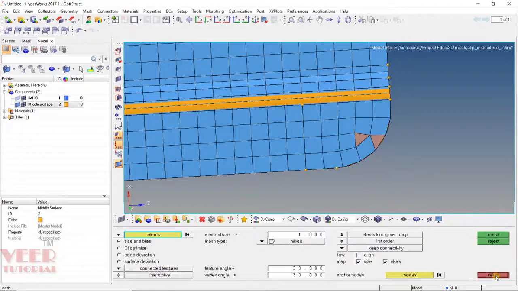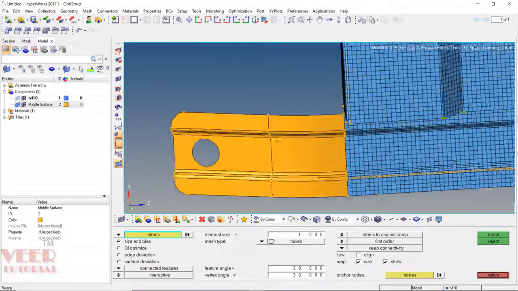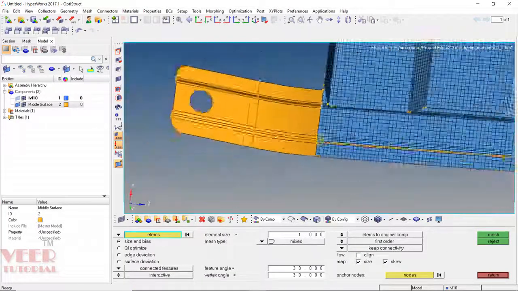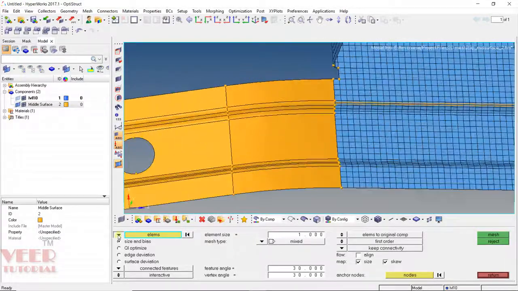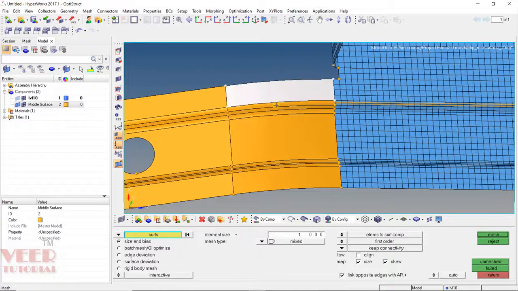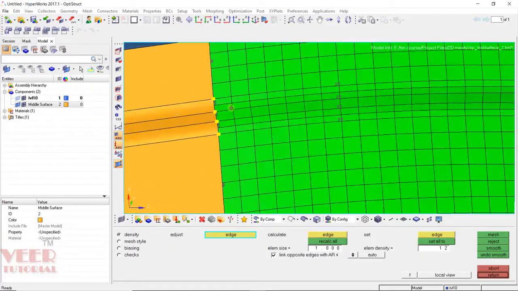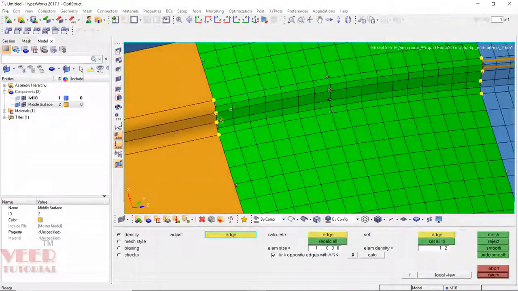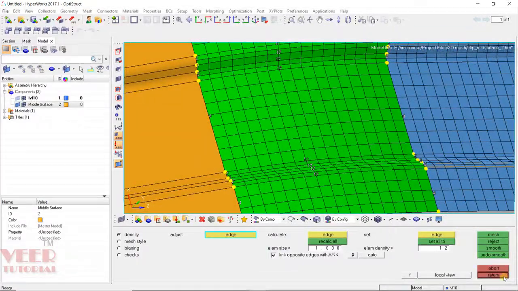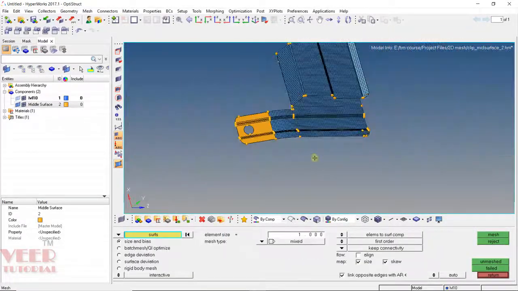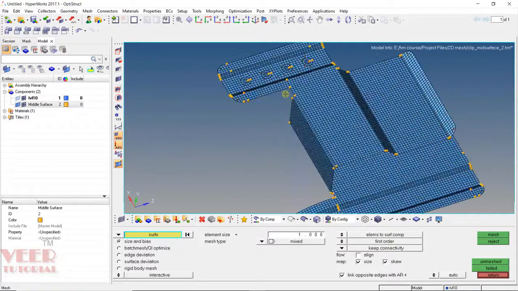and click on return. So again, here we can see once again we can select all the surfaces at a single time. Select the surface from here, select all the surfaces at a single time because we can see the length of the surface is the same. So do the mesh and then we have to make sure just the fillet number of elements are 2. Okay, and then return. So till now we have completed the meshing of this part.